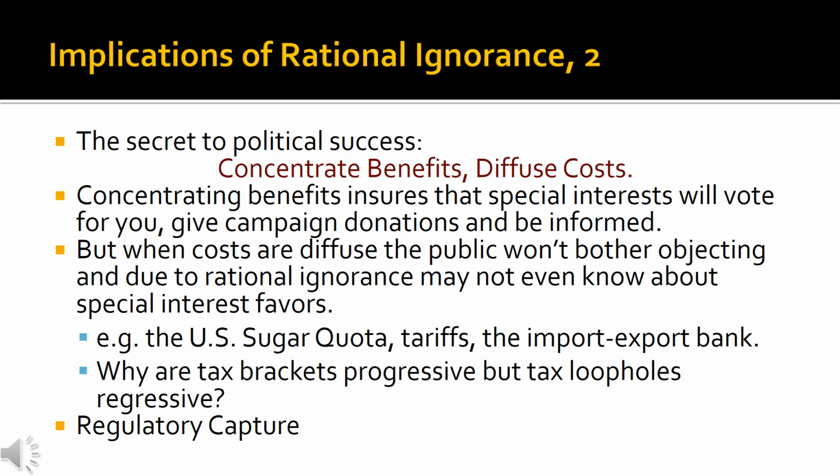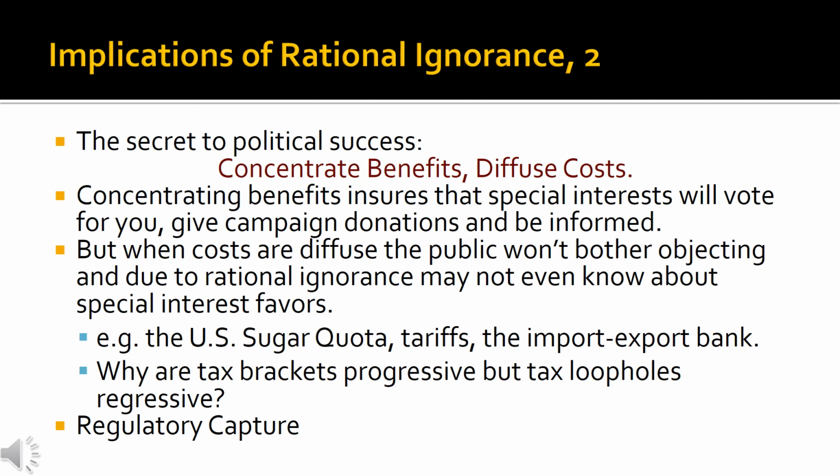The secret to political success is concentrate benefits and diffuse costs. If you concentrate benefits, that ensures that you're going to have special interest groups that are going to vote for you. They're going to give your campaign a lot of donations. They're going to be heavily informed about what's going on with your campaign and what you're supporting. But if you could spread those costs out across the entire public, they're not going to bother voting against you,